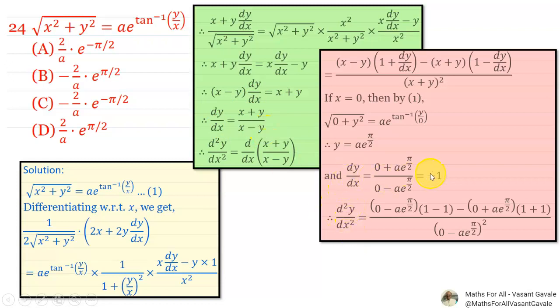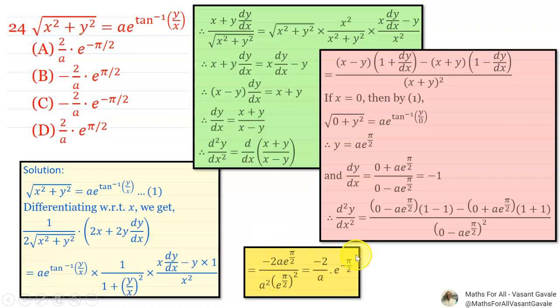Next, substitute the value of dy by dx, which is minus 1, and the values of x and y. Therefore, you will get d2y by dx square equal to, in bracket, x is 0, y is a into e raised to pi by 2, 1 plus dy by dx, that is 1 minus 1, you will get here 0. So what will the whole expression be? It will be 0. Next, x is 0, y is a into e raised to pi by 2, 1 minus dy by dx, 1 minus of minus 1 means 1 plus 1, x is 0, y is minus a times e raised to pi by 2, its bracket square, and overall you will get here, if you simplify, that is